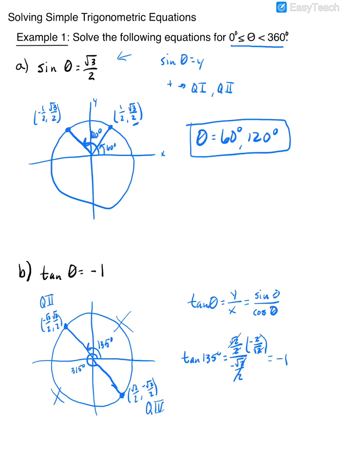And then I would get the same thing for the fourth quadrant, the one for 315, but just the signs are different. So your two answers would be 135 and 315. Okay,